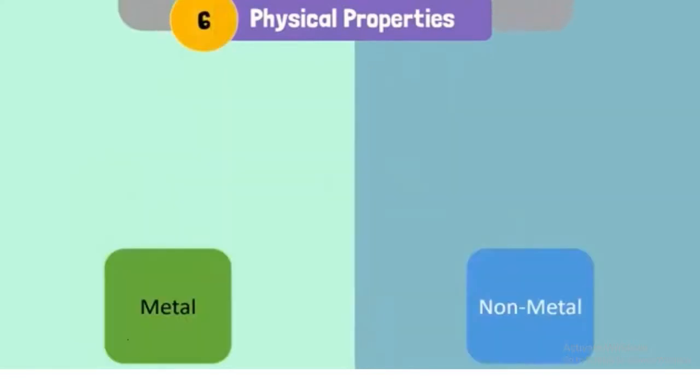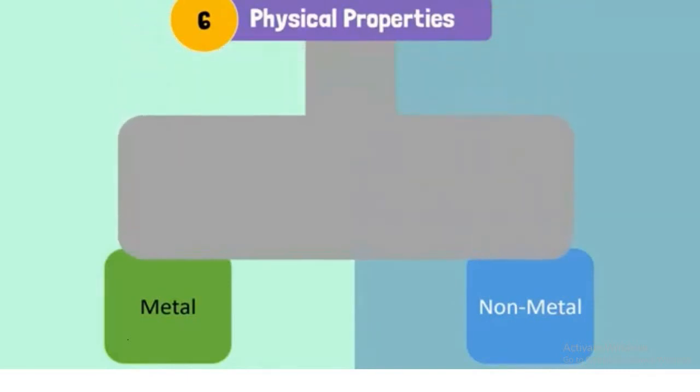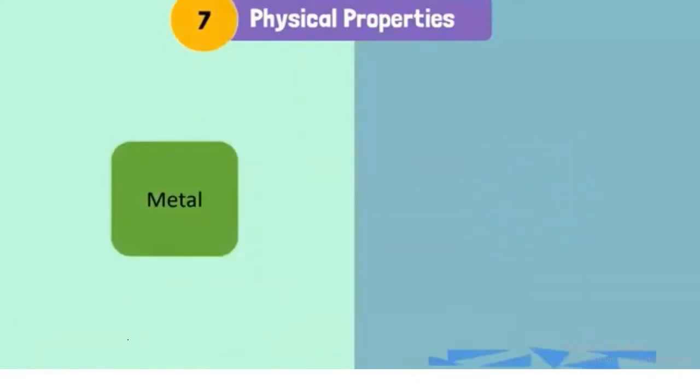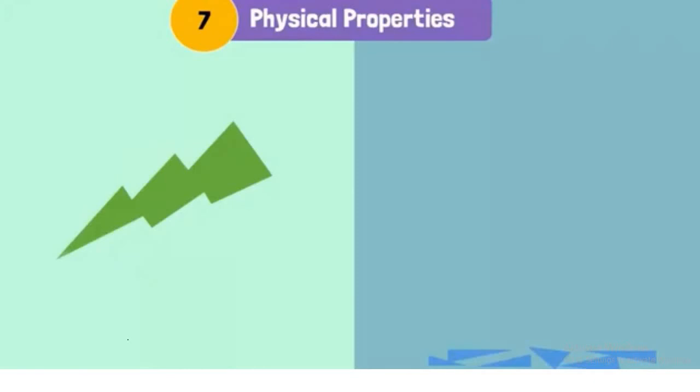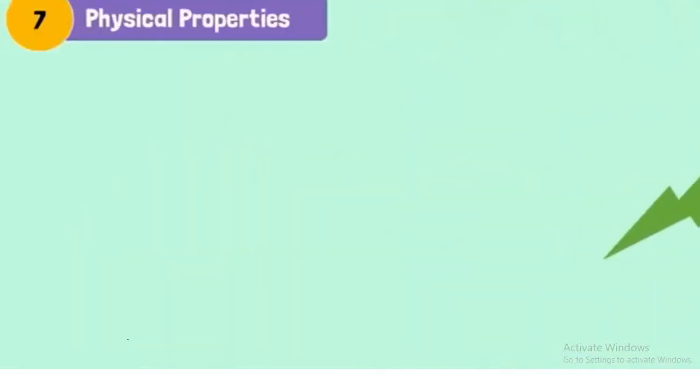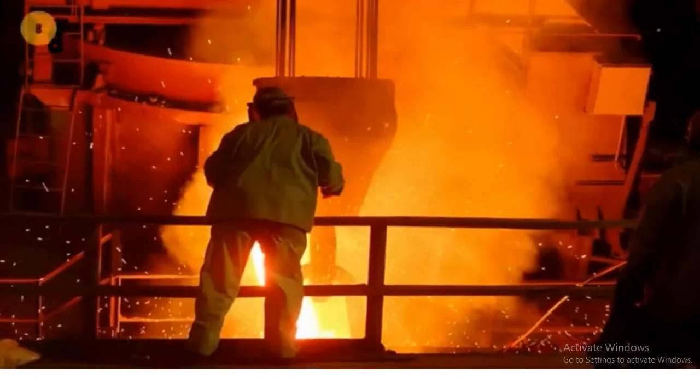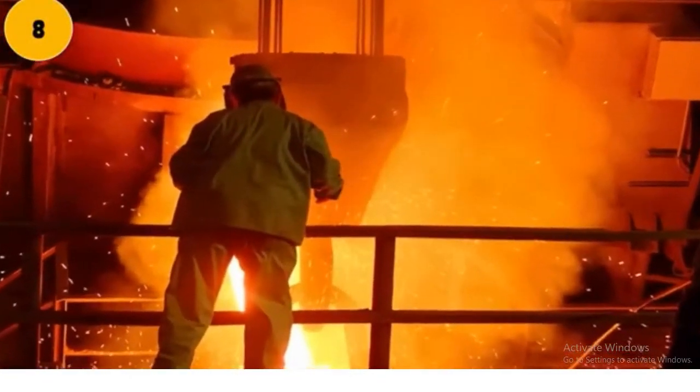Another reason metals are used for wires is because they are ductile. This means they can easily be stretched without breaking. Non-metals cannot be stretched. They are brittle, meaning they break easily. This also means they are not malleable, meaning they cannot be molded into different shapes without breaking or cracking, but metals can. Metals are also used in making cars, airplanes, or in factories for machinery because they have high melting